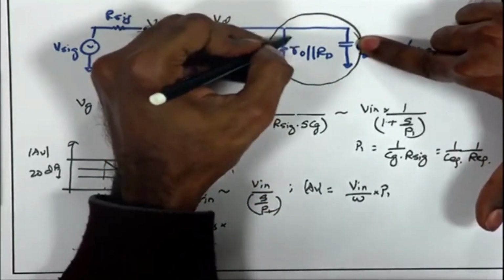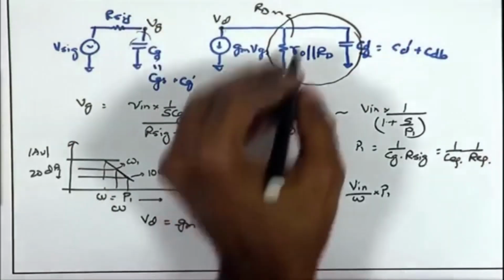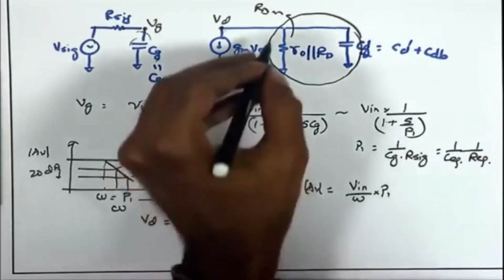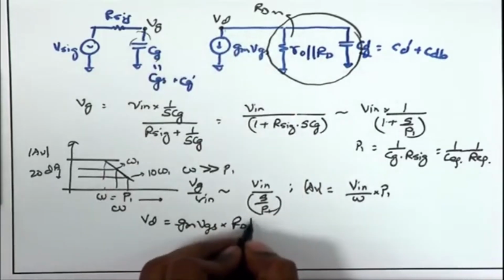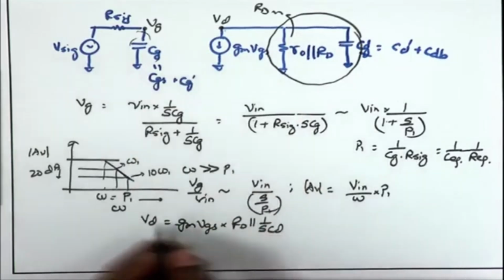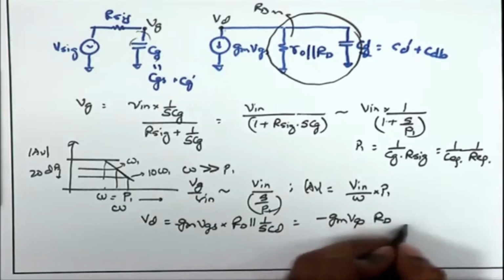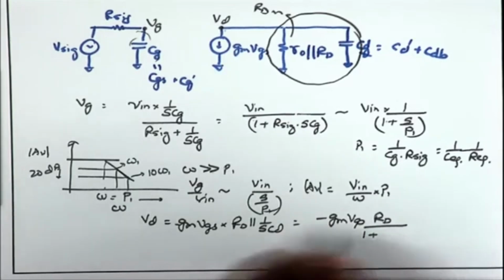If I ignore Ro and say this is approximately equal to Rd, then I have an expression which is Rd parallel 1 upon SCD, which is something like Gm Vgs Rd upon 1 plus